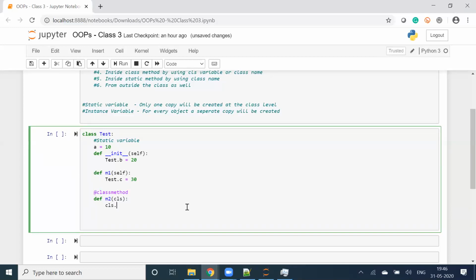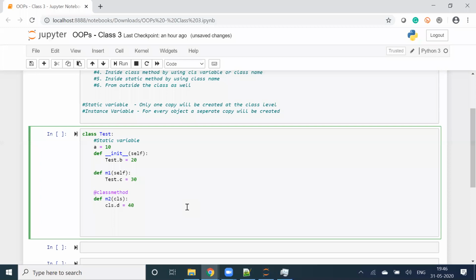One is cls.d is equal to 40 and test.e is equal to 50. These are the two ways to create a static variable inside a class method. What is cls? Can I use anything else apart from cls? All those things we will discuss in the method class, mostly the next to next class.